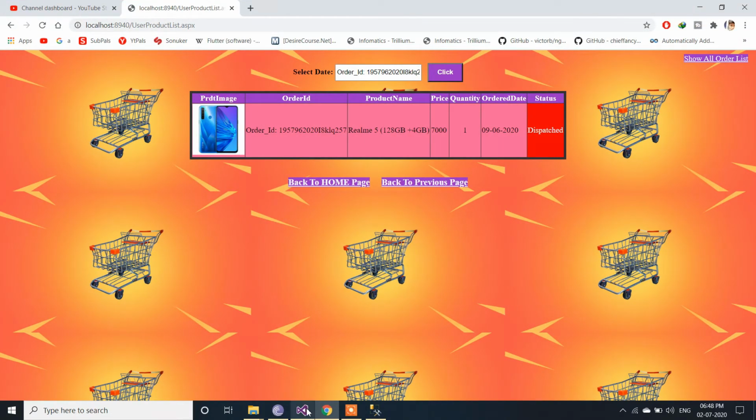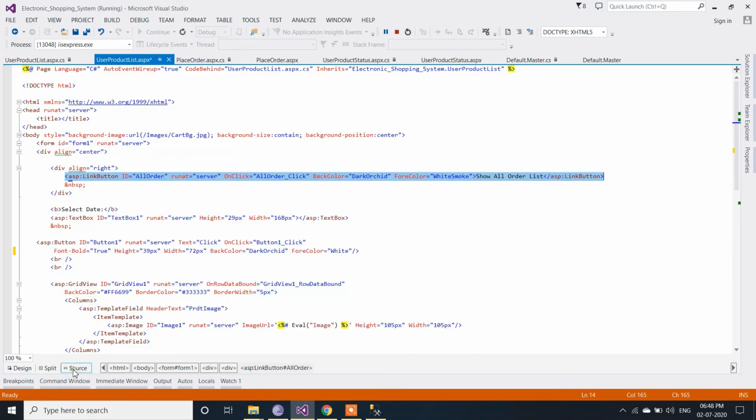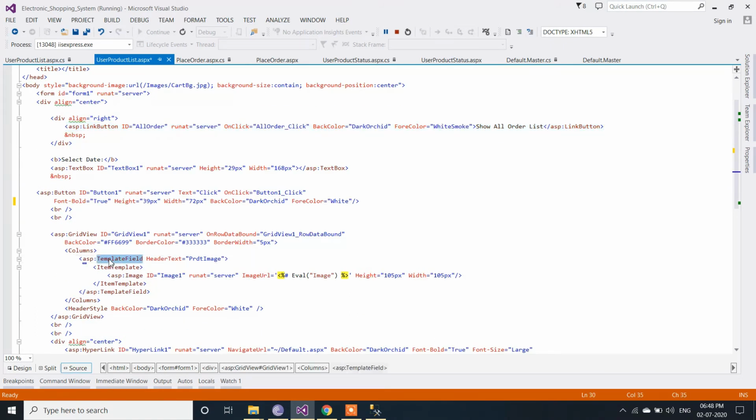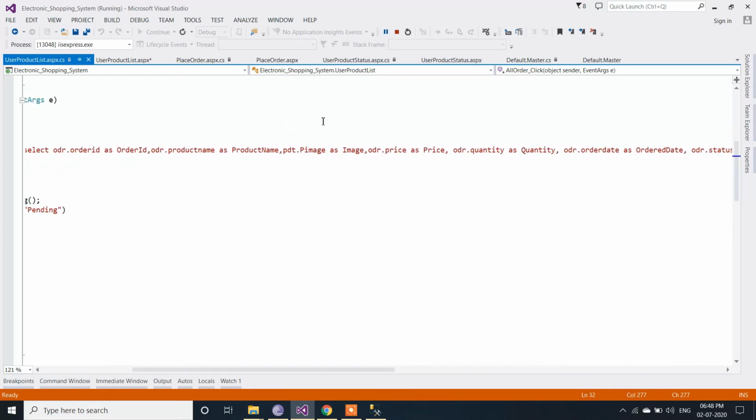If you notice, inside this template list, we have taken the image control within the item template. So we are going to bind that column, that is image. Let's see here, this one: I have given the name as image for the column P image.